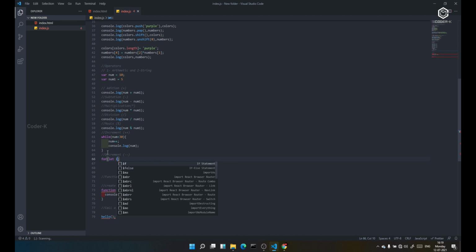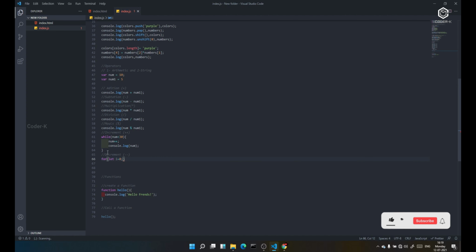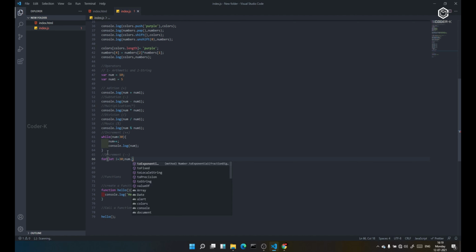Here I created let i is equal to 0. Sorry, let i is equal to 30, where num is greater than i.